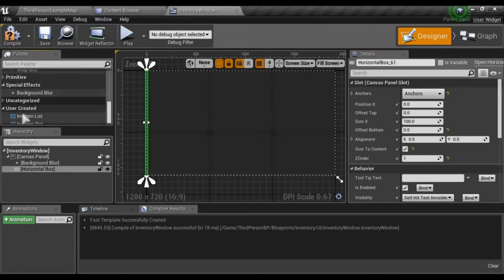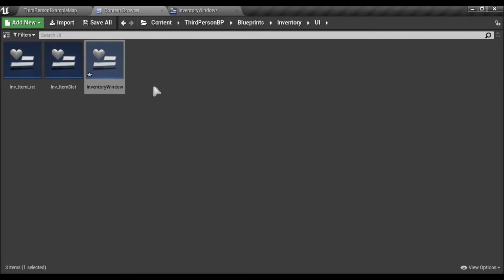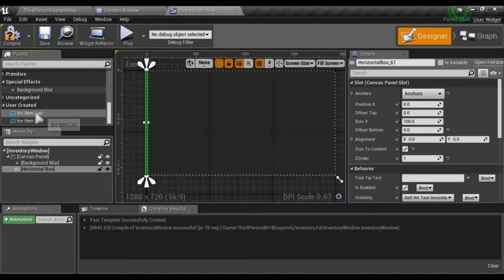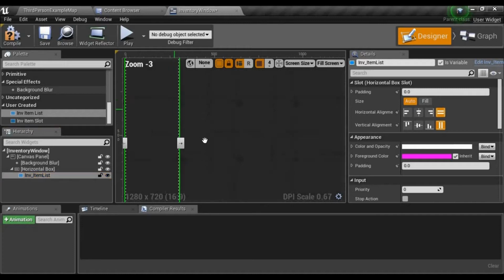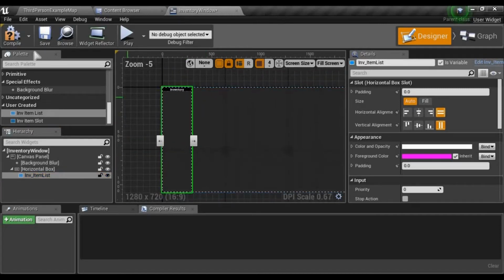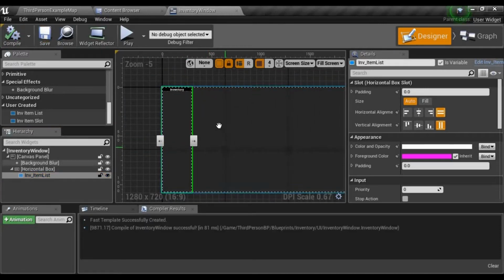So under user created, you're going to see all the widgets you create referenced here. So we need the item list and put it inside our horizontal box. You can see it's showing up over here. So compile, save,